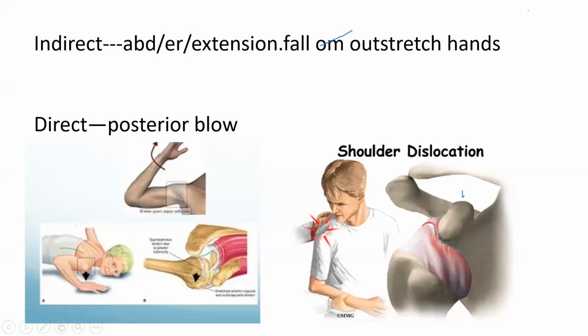You yourself do it, and then you will remember. So you do abduction of your shoulder at 90 degrees, and start doing external rotation. External rotation means rotating your shoulder joint. As soon as you start rotating, you cannot rotate more than 10 or 5 degrees because your anterior capsule starts stretching, and because it starts causing pain, it will stop the dislocation.